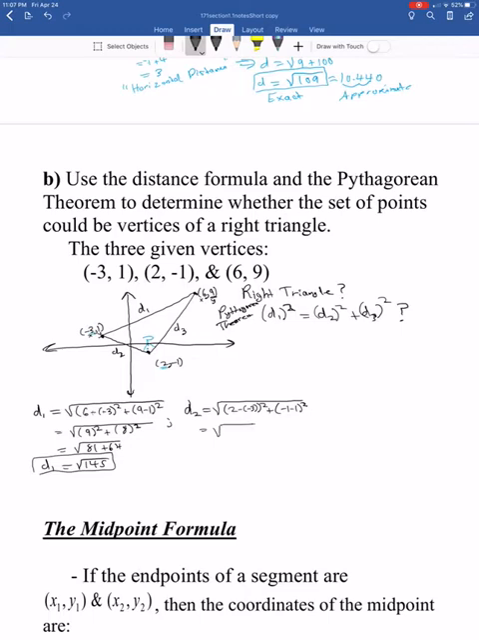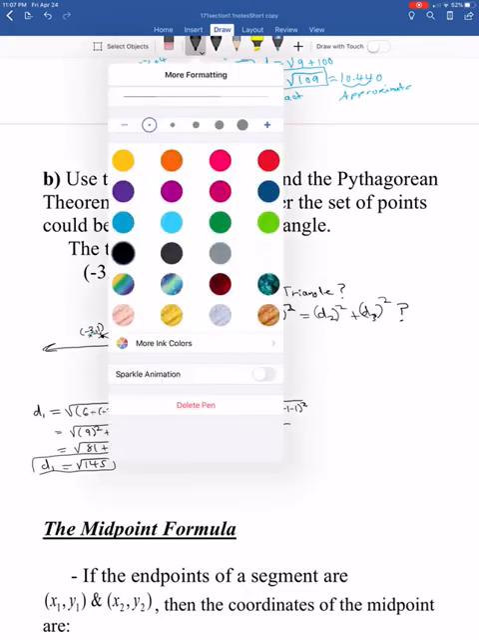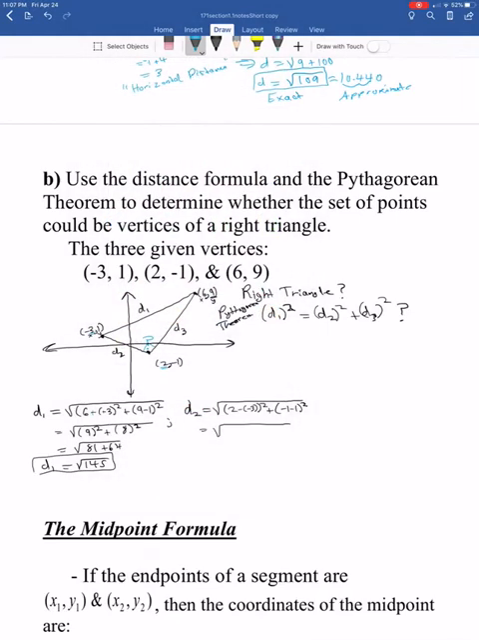As I simplify, I get 2 minus -3, which again, two negatives make a positive, so this ends up being a plus. So we have 2 plus 3, which is 5. 5 squared, plus -1 minus 1, which is -2. As we simplify that, we get the square root of 25 plus 4, which is the square root of 29. So there's D2. And then D3, our final length,